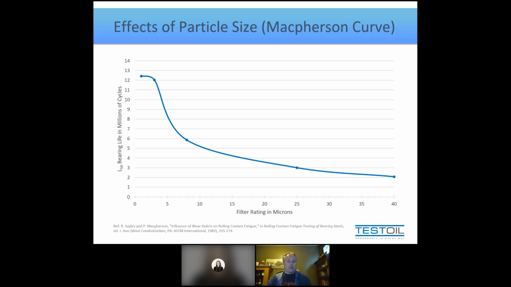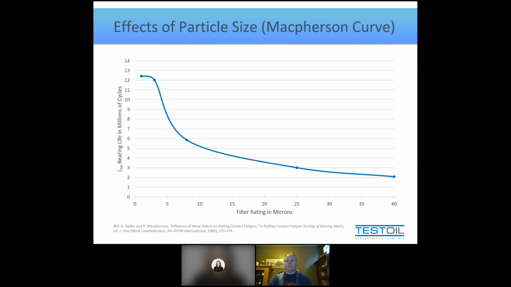But as you can tell from the curve, the best is yet to come. If we can filter it all the way to 8 microns, the size of red blood cells, we will double it again to 6 million cycles, so 3 times life extension. Now, this starts to seem pretty impressive to most people, but again, looking at the curve, there's even more to come. If you could filter it all the way down to 3 microns, you will see that you will double it yet again to about 12 million cycles.